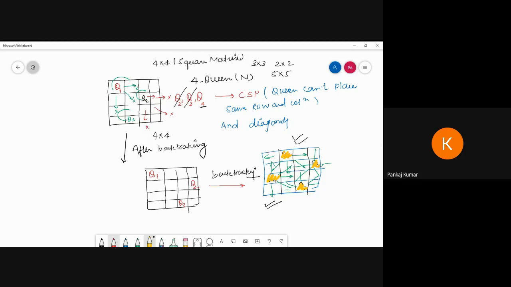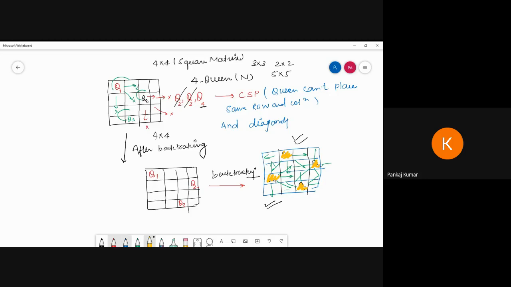So in each and every step I can place the queen, then the next queen, then the third queen, and you can see whether other queens are placed or not. For that purpose I am going to use a backtracking technique. So someone asks you, what is the N-Queens problem? Which technique can it follow? It can follow the backtracking technique, and it comes under CSP, constraint satisfaction problem. Okay, CSP.